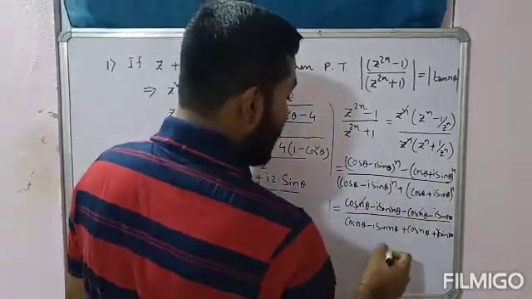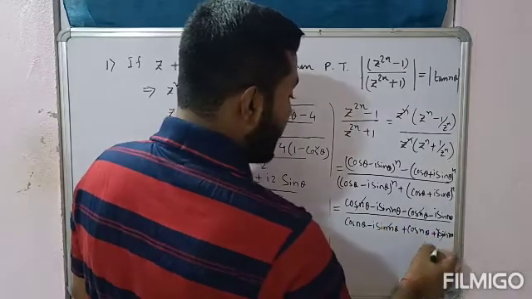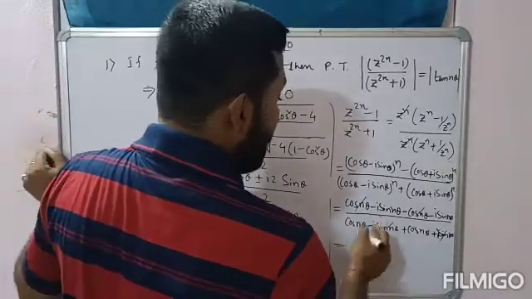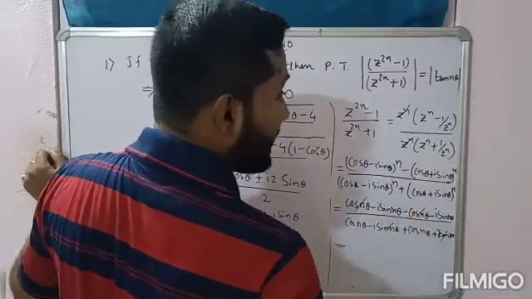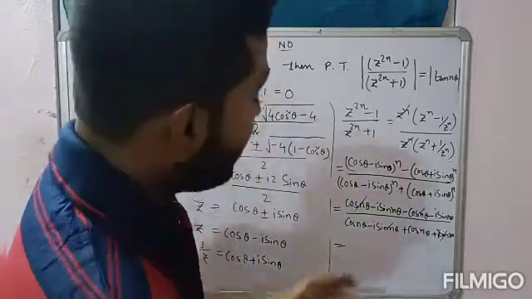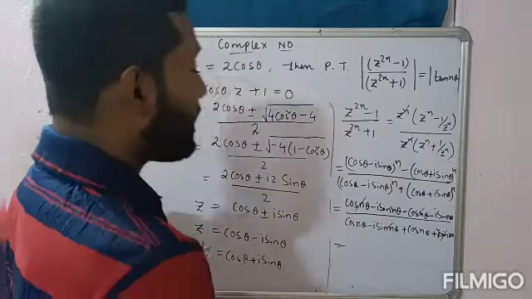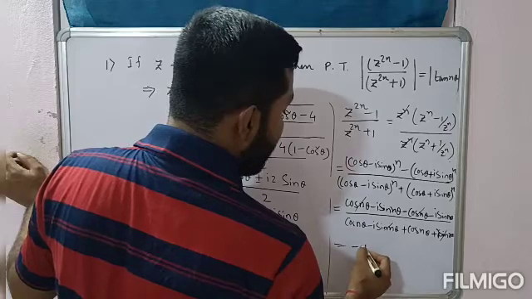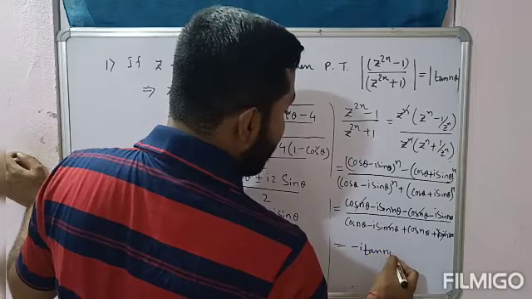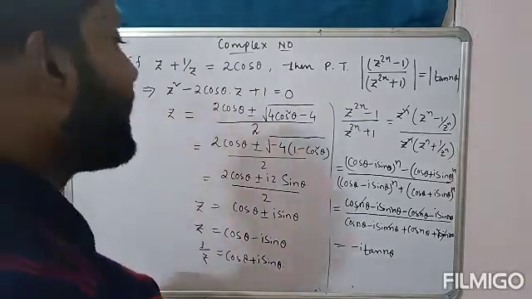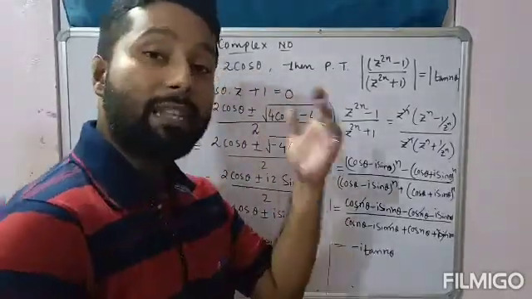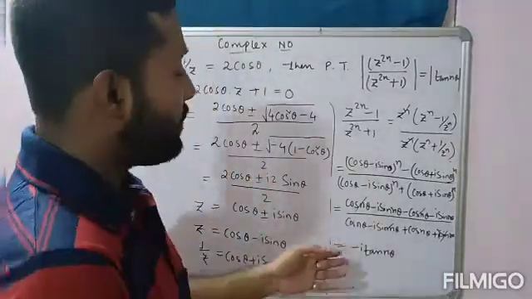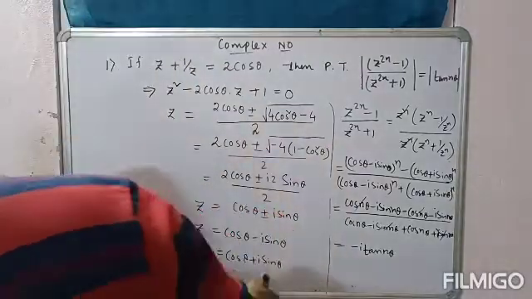So cos n theta will be cancelled from the numerator, and from the denominator we can cancel out i sin n theta. Alright, so minus i sin n theta minus i sin n theta is minus twice i sin n theta, and in the denominator cos n theta plus cos n theta is there, so it will be then minus i into tan n theta. And when I had taken the positive sign, at that time we got i into tan n theta. Yes, and here we got minus i into tan n theta.